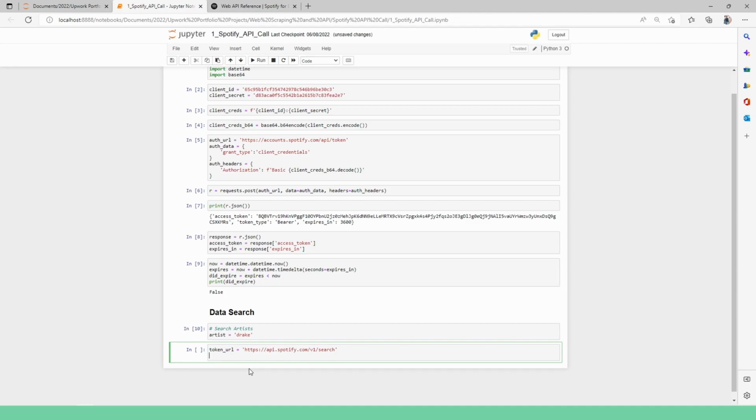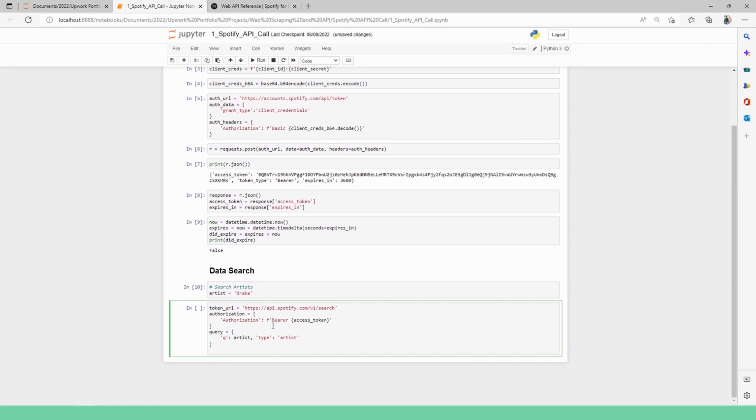We need to specify the authorization. I need to specify within this dictionary that this is the authorization. The type of authorization is the bearer, and within this I'll need to insert the access token. I'll need to specify the query, and within this I'll need to specify Q, which stands for query, and it's going to be artist, which is Drake. And then the type is artist. So after specifying those three,